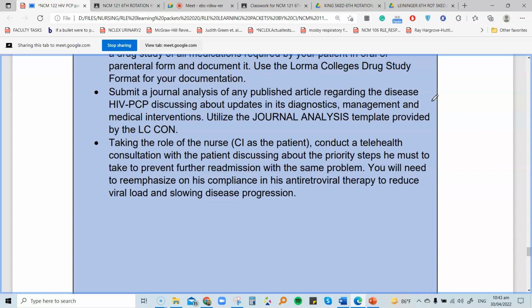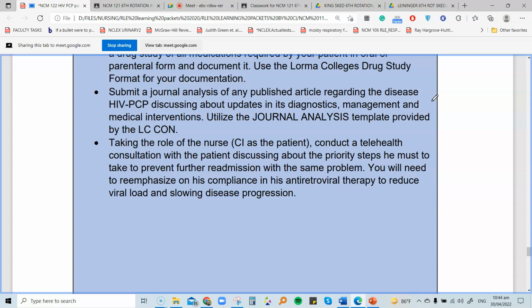Walang cure po. Most of the patients that I've handled who have HIV, namamatay sila. They die. It's not because of the disease. They die because of the opportunistic infection. So if you are diagnosed to have your HIV, you need to protect yourself from this opportunistic infection, or else you are actually half of your body is actually 6 feet under already if you are diagnosed to have HIV. Immunocompromised ka, wala kang magagawa dyan. So what you need to do is to protect yourself.